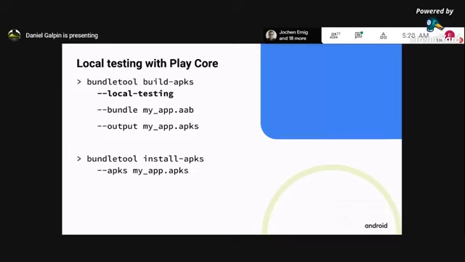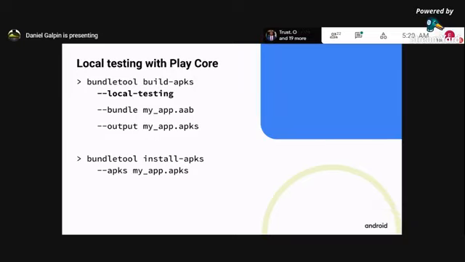And one of the other things that we've done since we launched all of this is we've really improved the local testing story. So Bundle Tool allows you to build APKs for local testing, and it's very, very easy to do this all from the command line. You build this APK set, passing in the local testing mode, and then you can just push it to the device using the Bundle Tool install-apks command. So PlayCore automatically detects the local testing mode and uses a different implementation for these split and asset install managers that install them from local storage rather than Play.